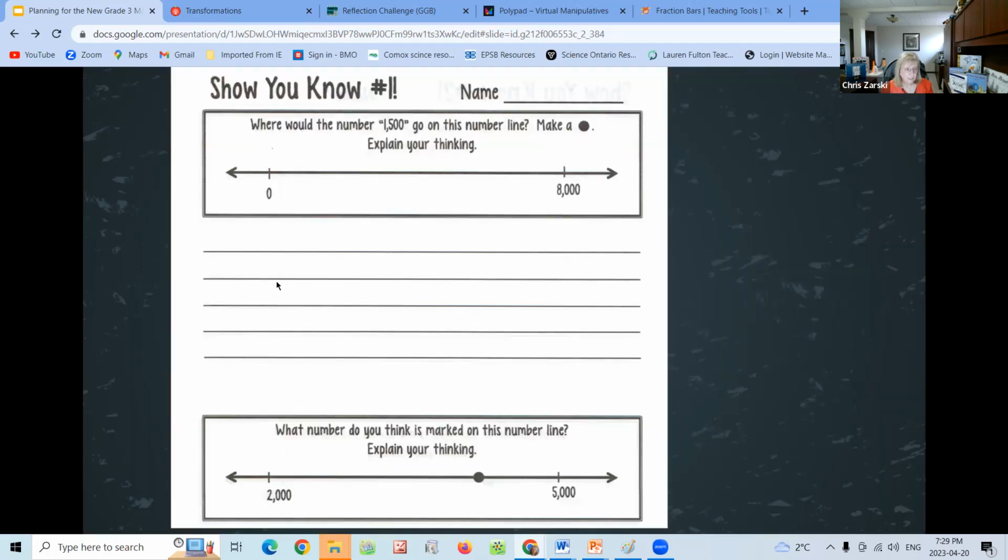I've also included a suggestion for you. This is a Teachers Pay Teachers package, and if it's something that you're interested in, please let me know and I will send you the link for it. I'm not a big fan of worksheets of any kind, but what I like about this is that it's not a typical worksheet. It provides you with a number line, and the number line varies in size, right? Starts at 2,000 to 5,000, 0 to 8,000. Again, using the strategies of estimation. What do I know about numbers on a number line?